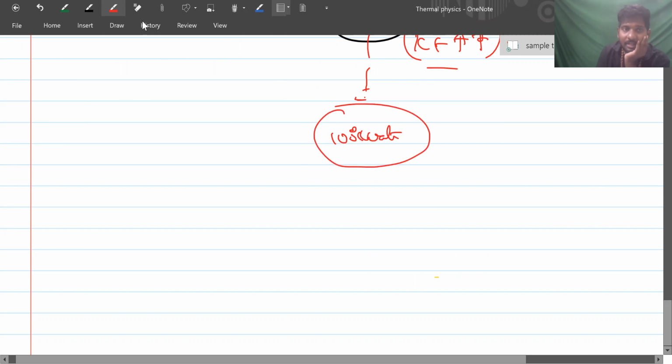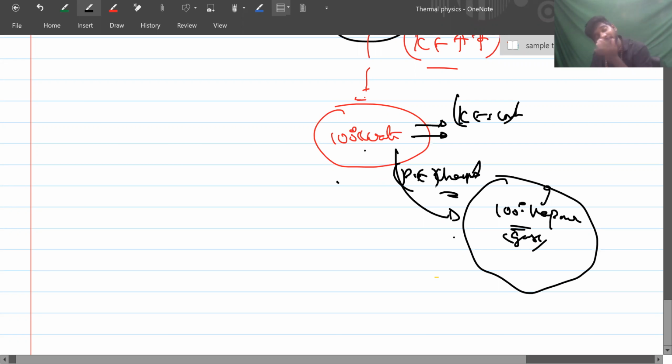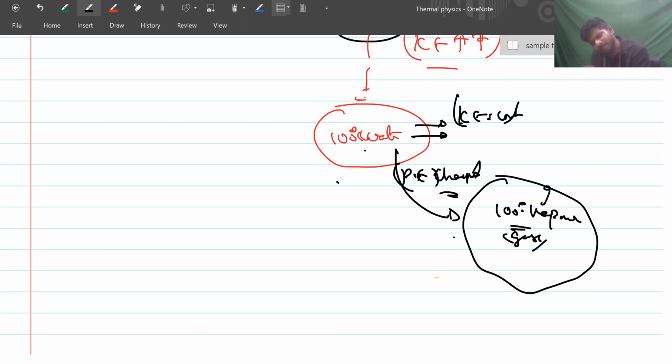It is also liquid. Now here it reaches a saturation point. Here kinetic energy is constant. That means 100 degrees will remain 100 degrees only, and it gets converted into 100 degrees vapor, the gaseous phase. In this process, kinetic energy is constant, and potential energy change happens. So when phase change occurs, kinetic energy remains constant, so temperature remains constant. Whatever energy you give or take will actually result in the change of phase.